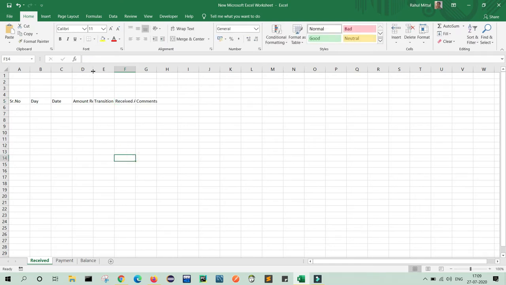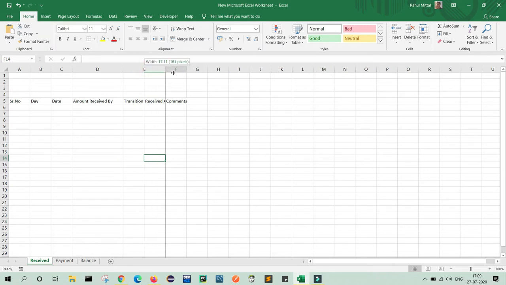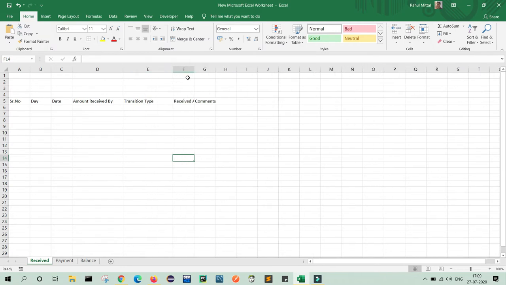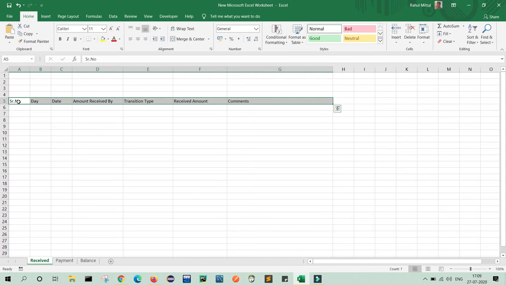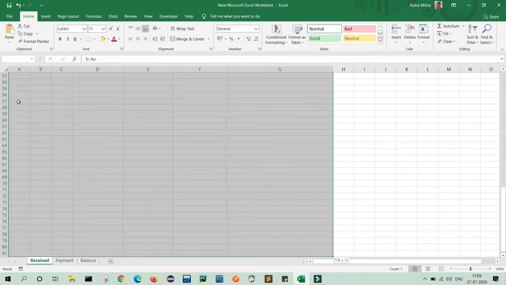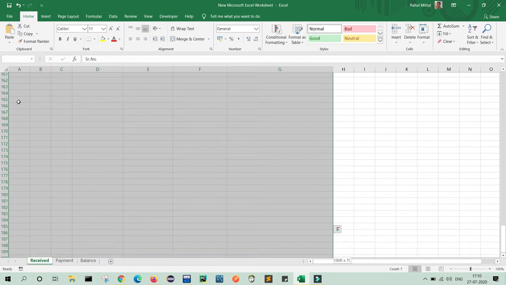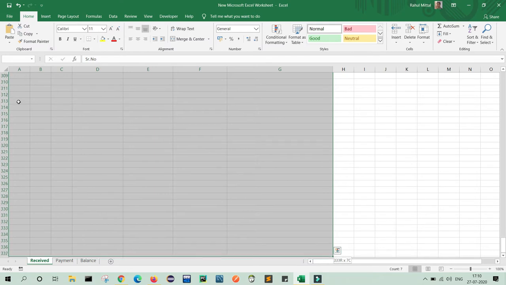Friends, I have created one small UI like this, where I have serial number, day, date, amount received by. Now what we can do is select this and move down till 370 for the overall year. You can select as much as you want. I am selecting this till 370.